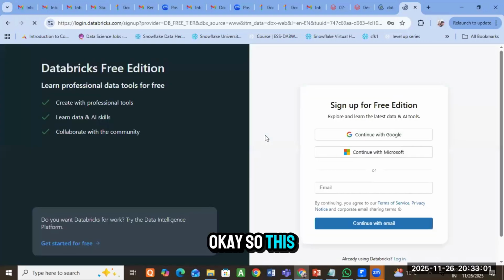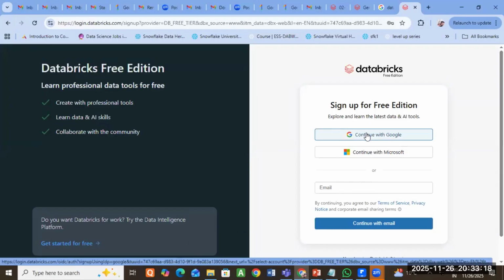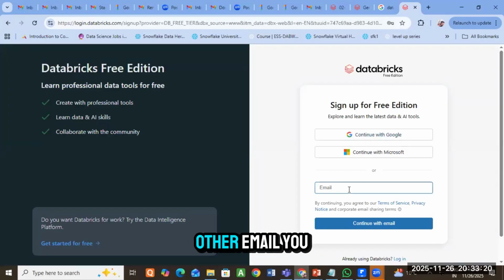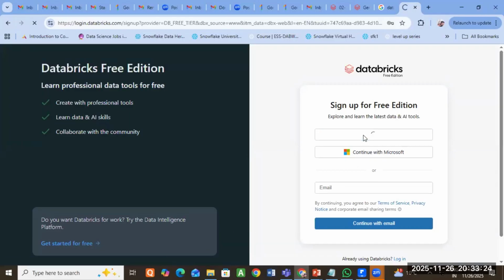This particular page will come up asking for the Databricks free edition details, and then we sign up. We can click on continue with Google, or if you want to use any other email, you can use it. If I click it here,